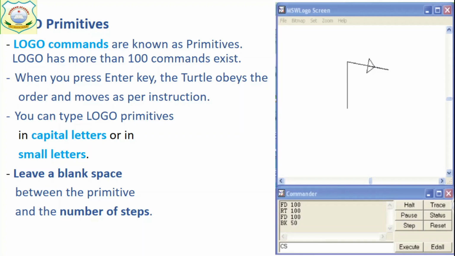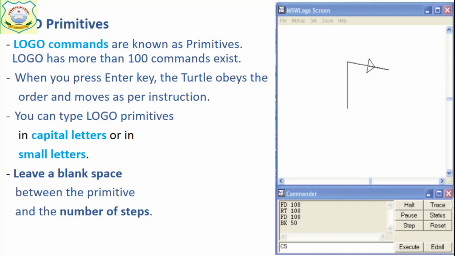Turtle logo reads the command and the turtle obeys the order and moves as per instructions. फिर से समझना, when you write the command in the input box, whatever command, to move forward or to move backward or right turn or left turn, logo will execute it and the turtle will obey that command and move accordingly.